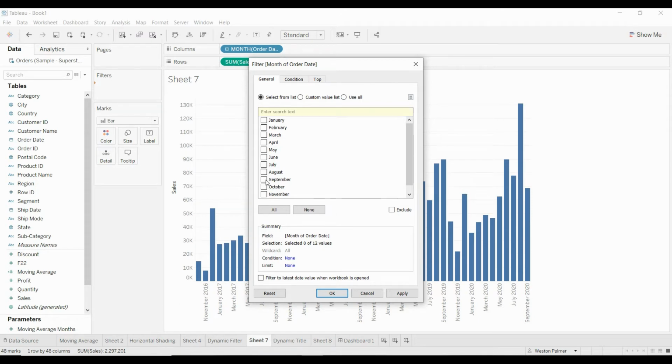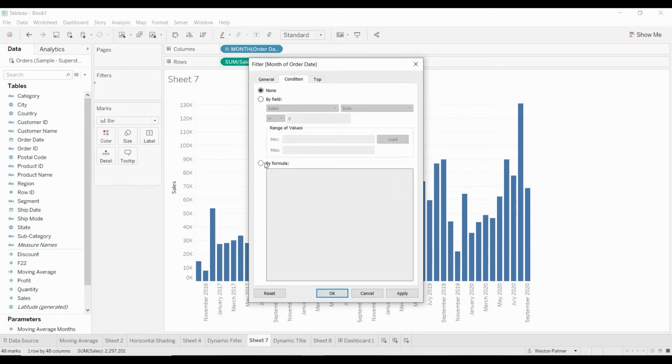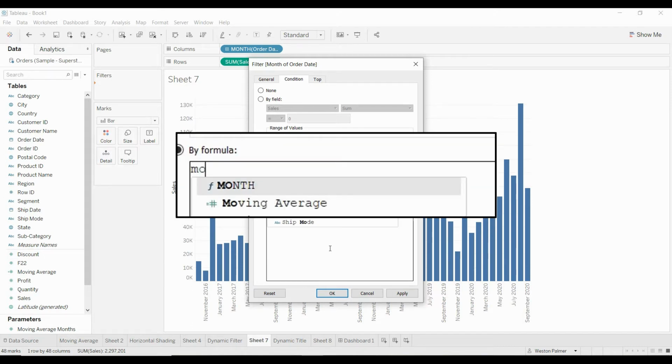Of course, you could come in here and say, okay, I just want to see September, but every month you'd have to come in and update it and you might forget. So what I've done is create a formula, and we're going to have this be the month of the order date,